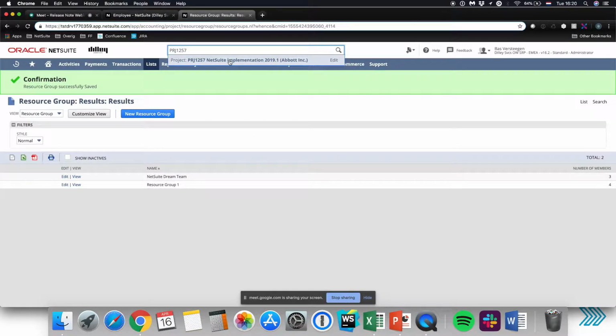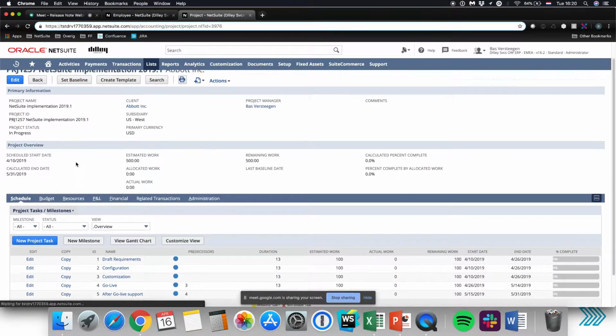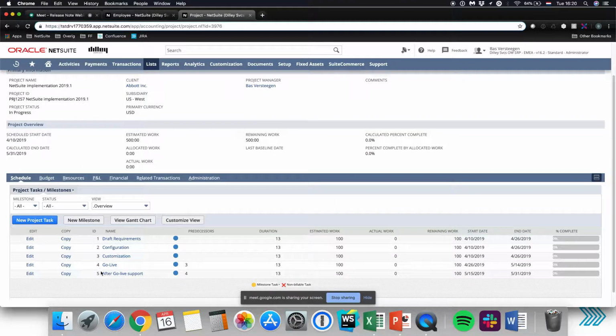I have a project set up for this. We are going to implement at Abbott Inc. NetSuite, the 2019.1 release. And this is just any project you can select from the list. It works on any project. This is a project. It should look quite familiar to you with a couple of project tasks. Now if I want to assign my resource group to, for instance, the first task, which is draft requirements,